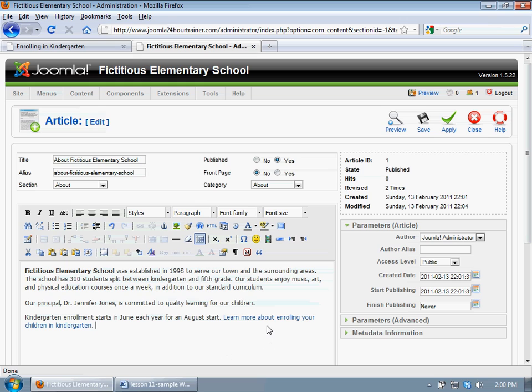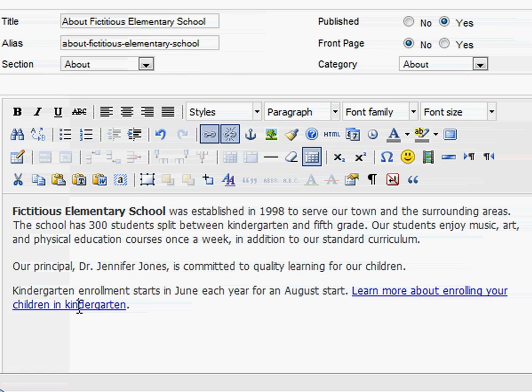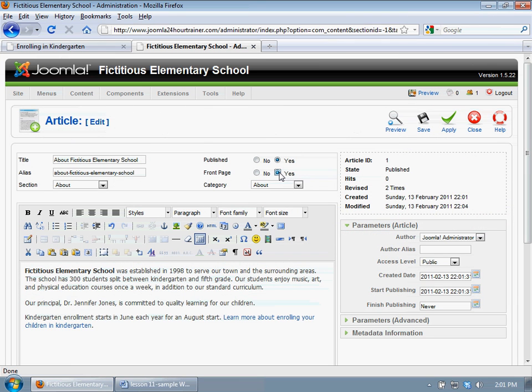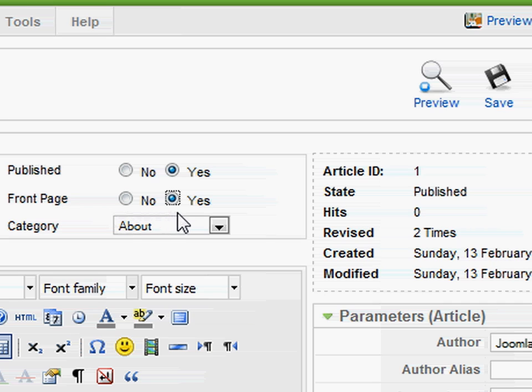And you'll notice that my words turn blue here, and when I roll my mouse over them, there's an underline that appears, but they're not actually clickable. And that's because we're still here in the editing window. What I could do is display this article on the home page temporarily using my front page toggle switch here. And when I say save,